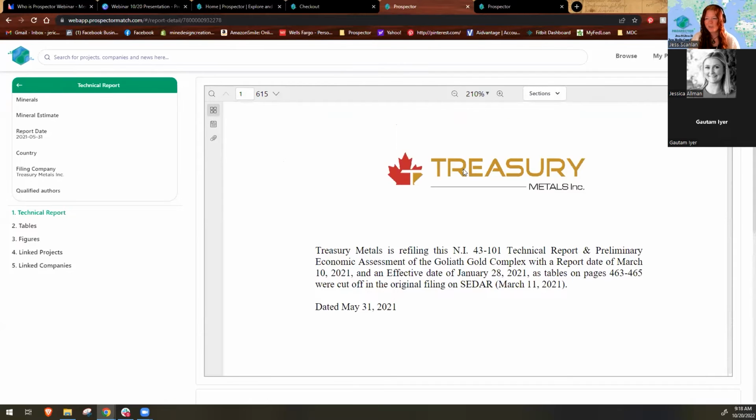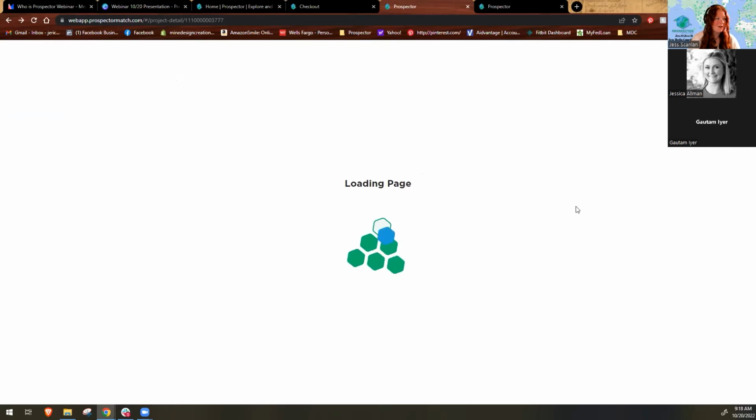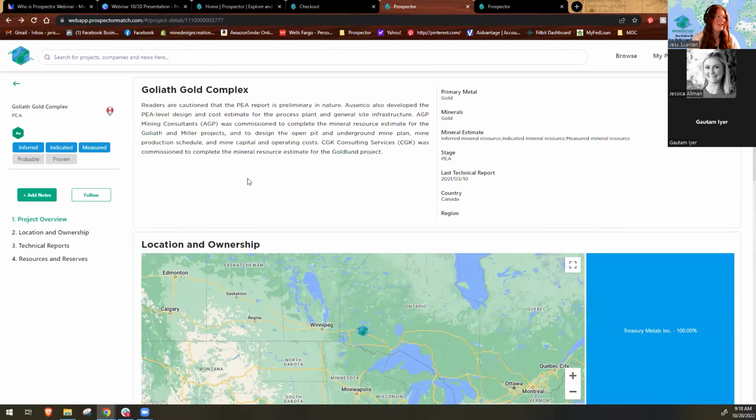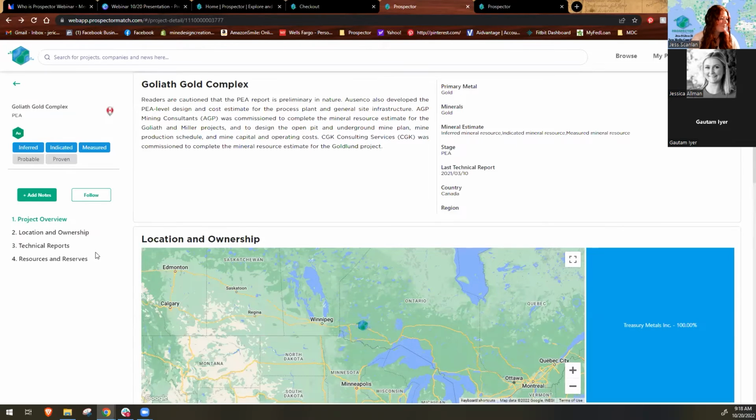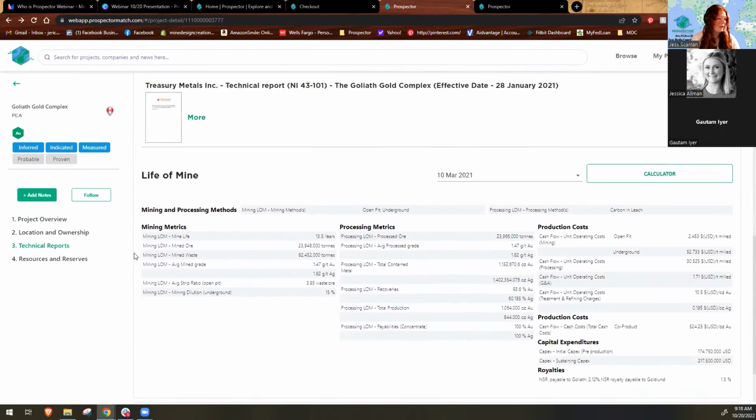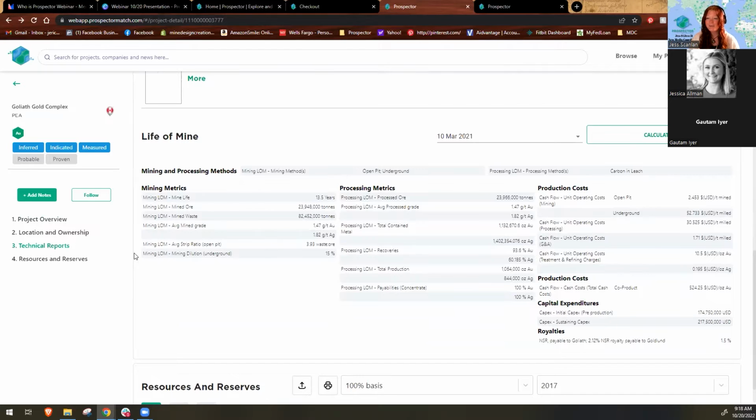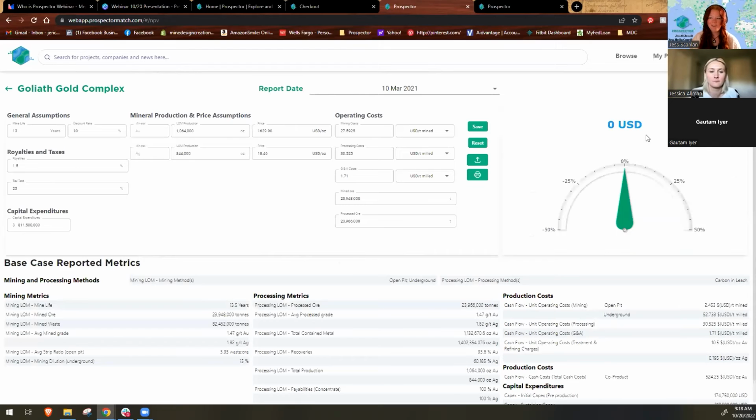So that makes the technical reports really easy to search through. Again, we can go back to the project page here and scroll down a little bit further. For any projects PEA and above, we pull out the life of mine plan from the technical reports. That's really handy. You can check it all out here, but we've also built out an easy to use NPV